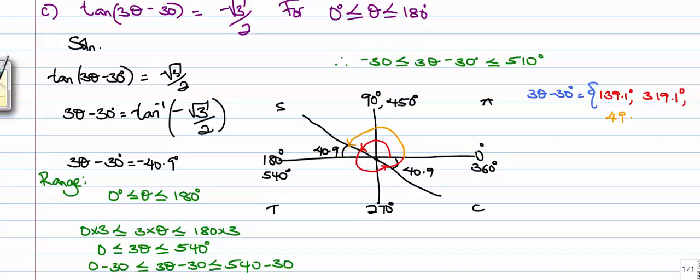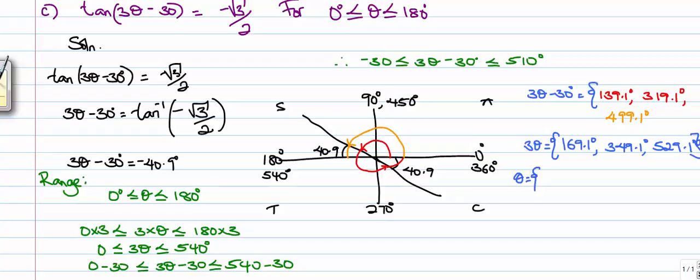And then finally 540 minus 40.9 degrees, which gives us 499.1 degrees. However, we are looking for angles of theta, so first we add 30 on both sides to get the angles of 3 theta, which is 169.1, 349.1,